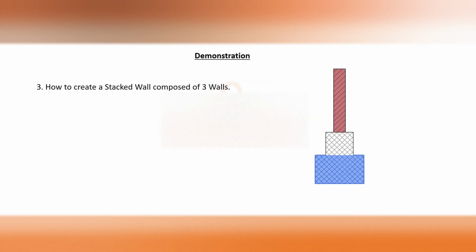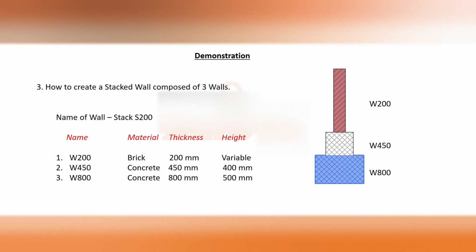Welcome back. In this video, we will see a demonstration on how to create a stacked wall composed of three basic walls. To start with, the details of the stacked wall which we need to create is, name of the wall is stack S200, which consists of three basic walls, namely W200 material brick with a thickness of 200 mm